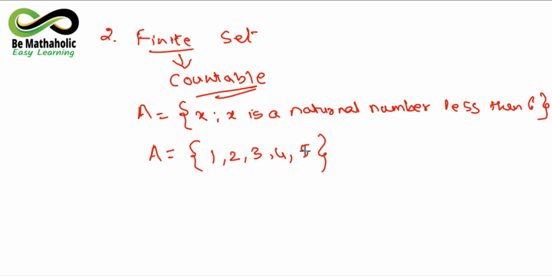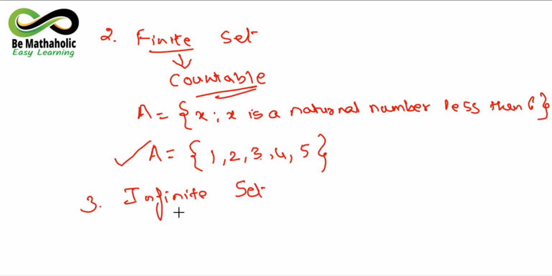As you know, these are countable elements. So we can count the number of elements present in this set. Such an example is considered a finite set. So any set in which the elements, I repeat, any set in which the elements are countable will be considered a finite set. Next will be infinite set. As the name suggests, you all know the meaning of the word infinite. Infinite means which is not countable, right?